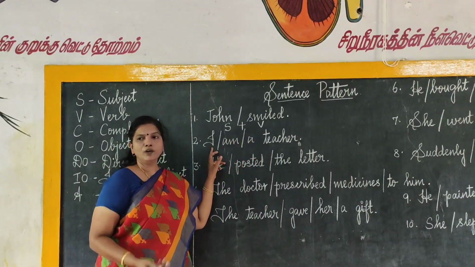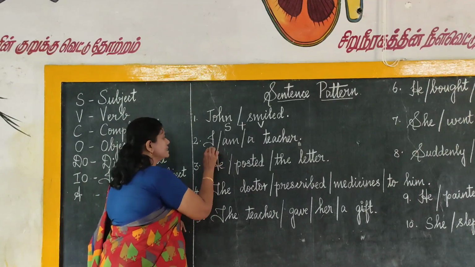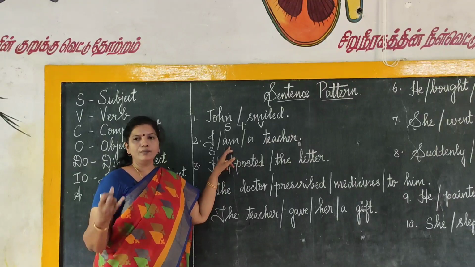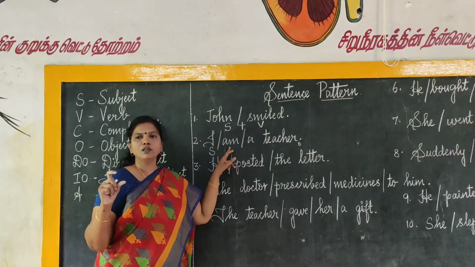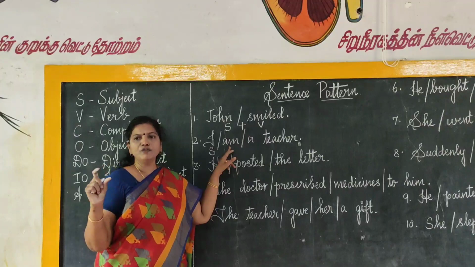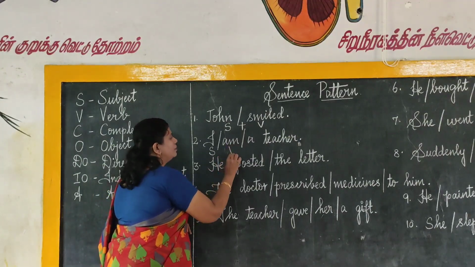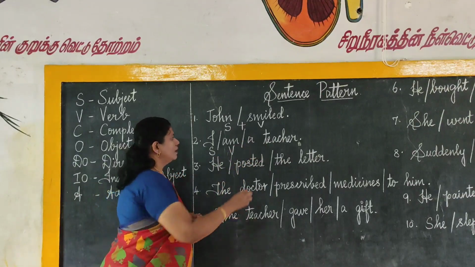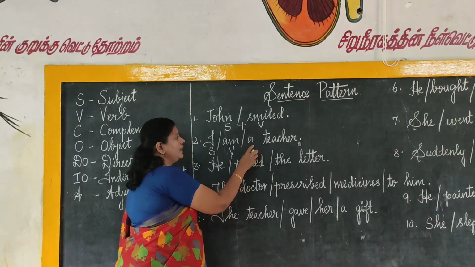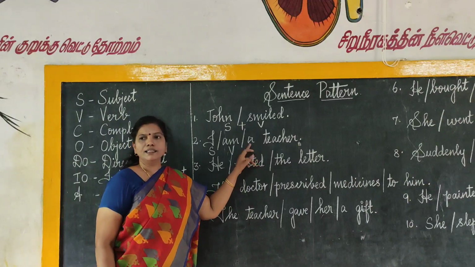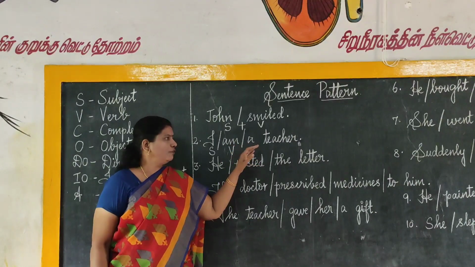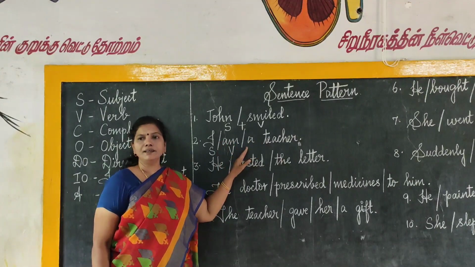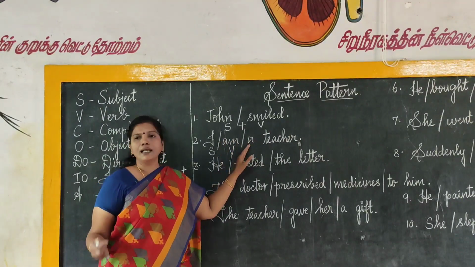The second one, I am a teacher. Here I am talking about myself, I. So, I is the subject and this is am, a be form verb. Am, is, are, was, were. These are all called be form verbs, right? So, this is verb. I am what? I am a teacher. So, only if we add the words a teacher, the sentence will become complete. If we don't add the word teacher, then the sentence will not become complete. I am what? I am.